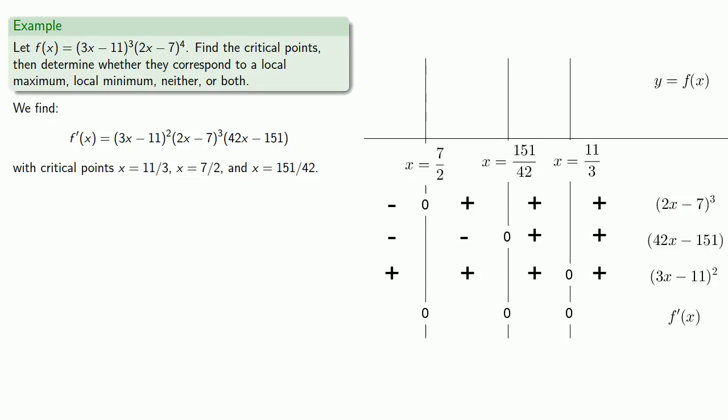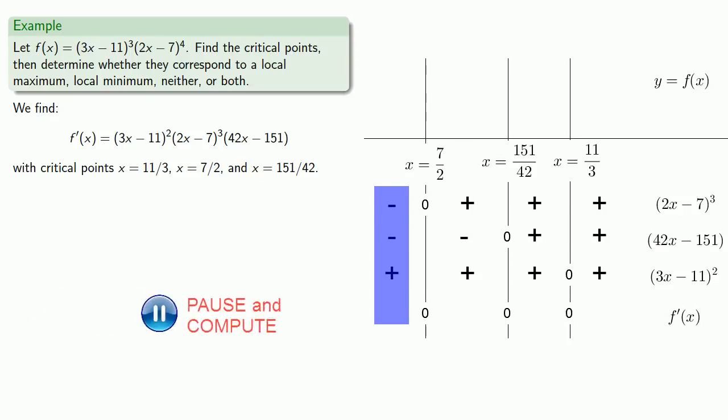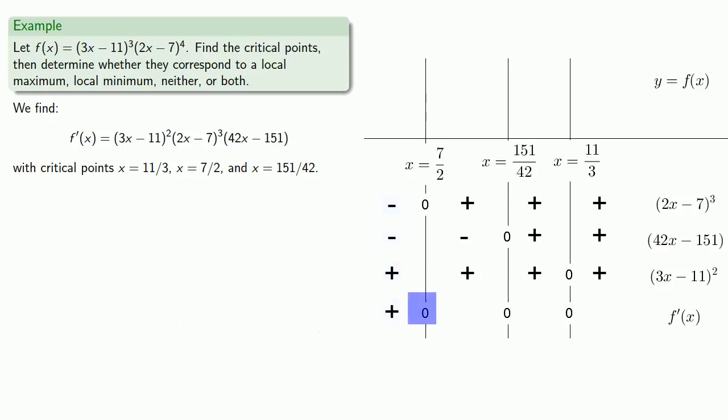And so now we know the signs of each factor that multiplies together to form f prime of x. So now we can find the sign of f prime of x itself. So if we're in this first region, where x is less than 7/2, then this first factor is negative, the second factor is negative, the third factor is positive, and f prime of x will be the product of two negatives and a positive, and this means that f prime of x will be positive. F prime of x will be 0 at 7/2,